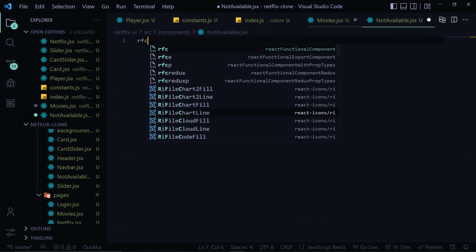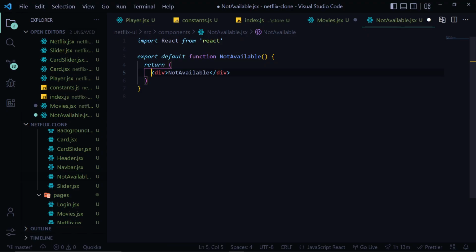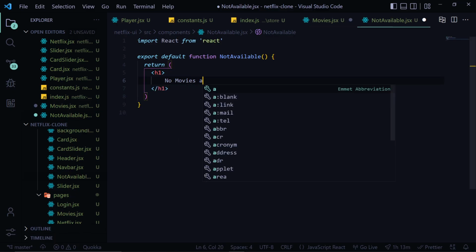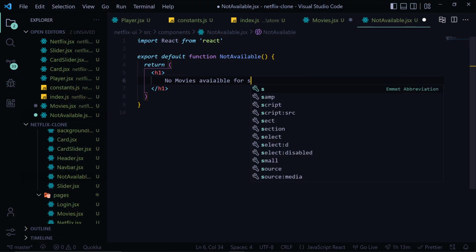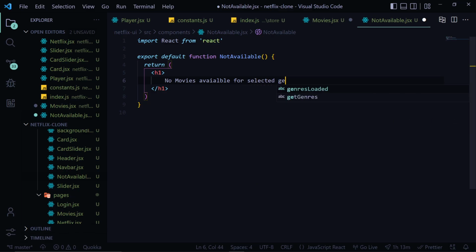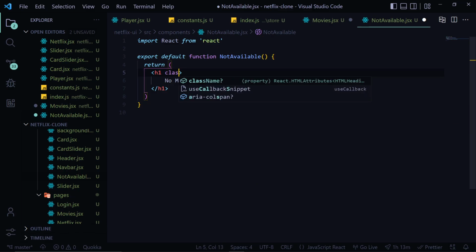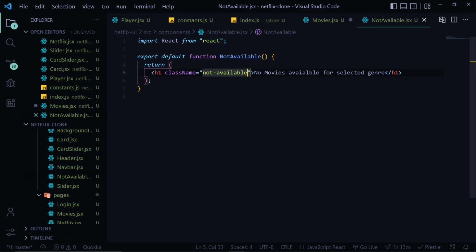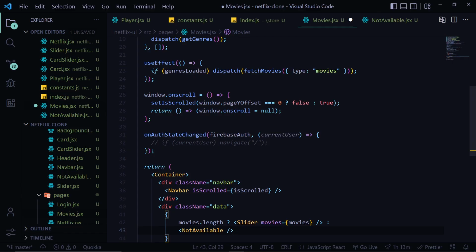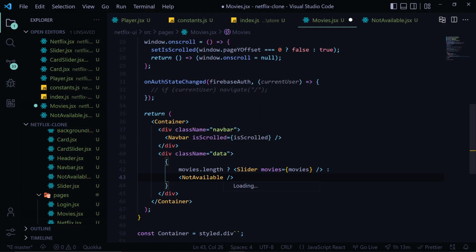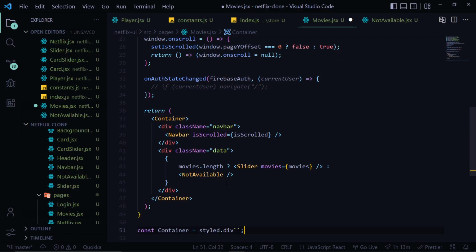Components, not available.jsx, write RFC, and this is going to be h1, and we'll write no movies available for selected genre, and the class name would be not available. Let's copy the class name, head over to movies, and what we will do here is first we'll import the component not available, and inside of here